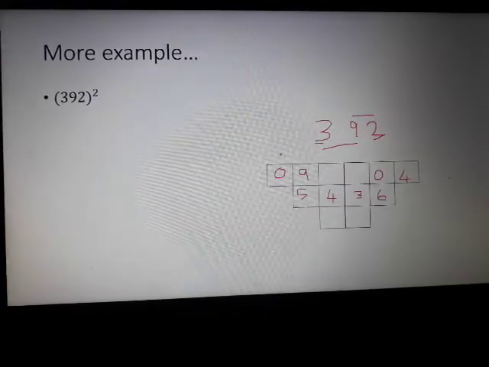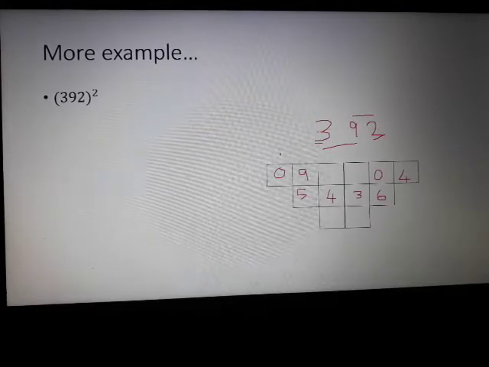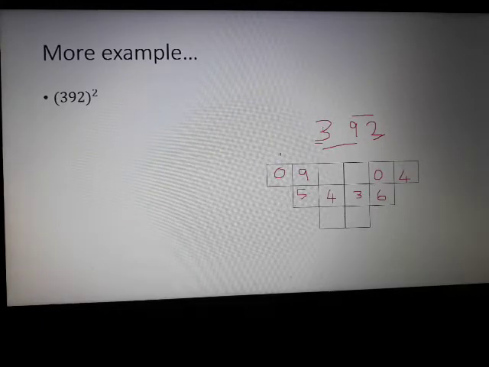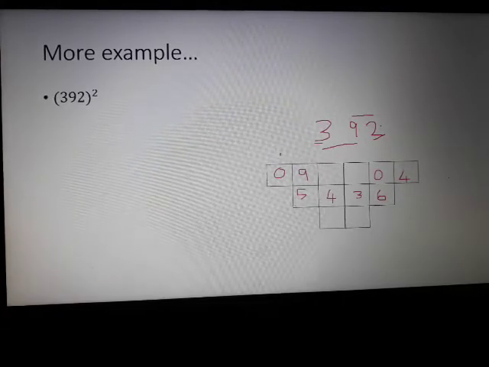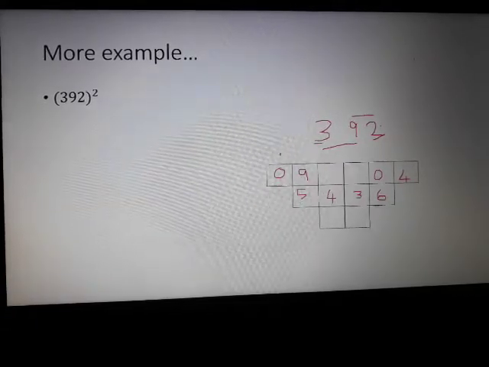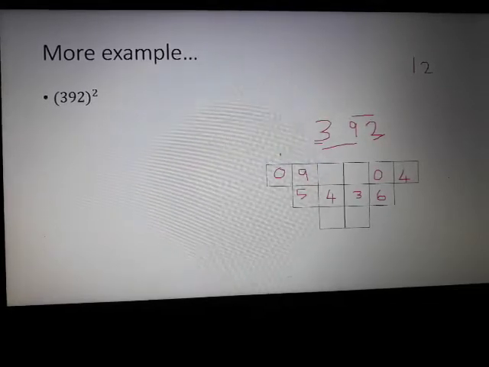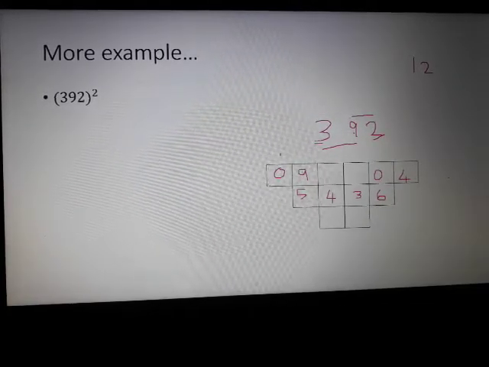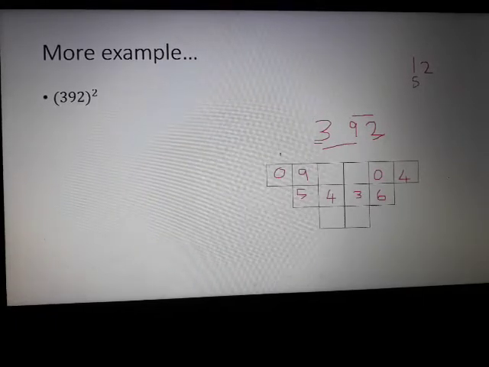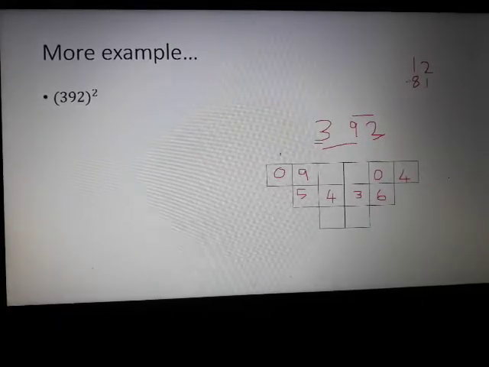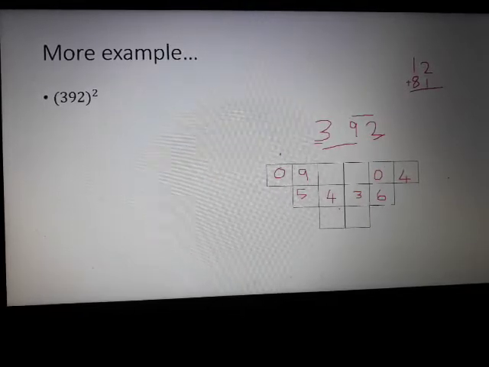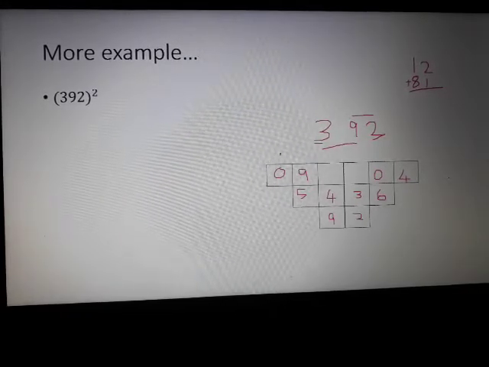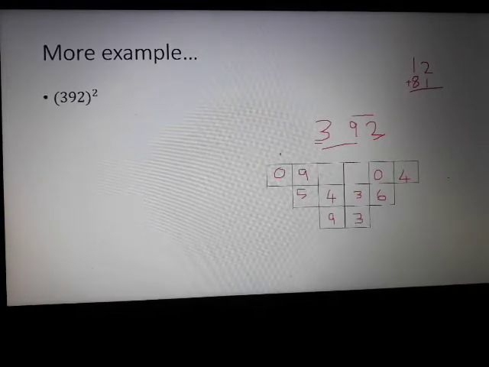Now consider all the 3 digits. Multiply 2 with the product of the first and the last digit. The product of the first and last digit is 3 2s are 6. Multiply that with 2. We have 12. Now square the middle digit. We have 9 over here. The square of 9 is 81. Add the results. We will have 93. Since it is 2 place, we have sufficient box. So the result 93 will be written in the third row.